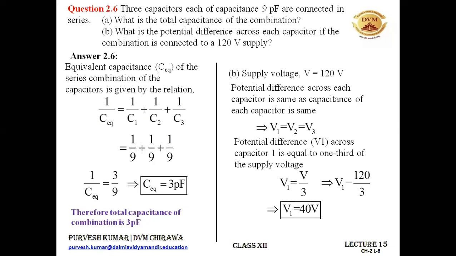We know in series, the charge stored will be the same. All right. But because of the difference in capacitance, there will be different voltage drops. But now when the capacitances are same, the voltage drop across each of the capacitors will be the same. That's why across V1, V2 and V3, we will be having only 40 volts. All right. So this is how we need to proceed for the part B.